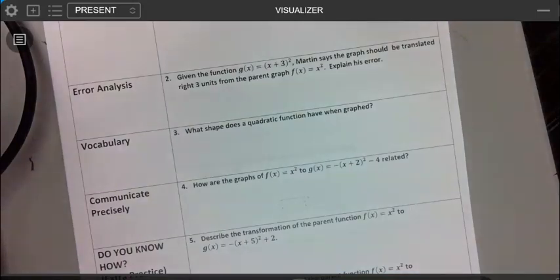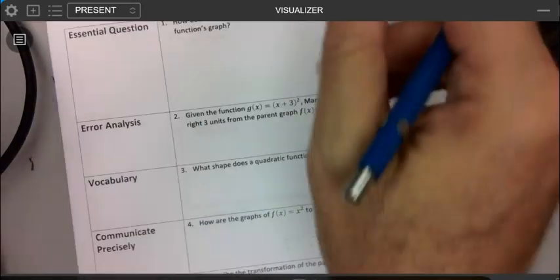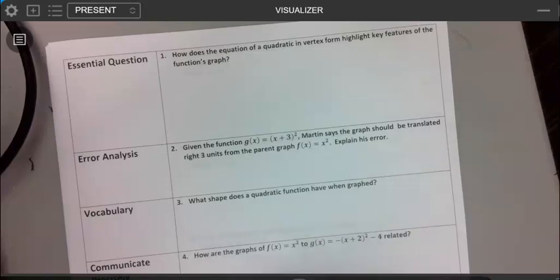Let's move on. Essential question, it asks this: how does the equation of a quadratic in vertex form